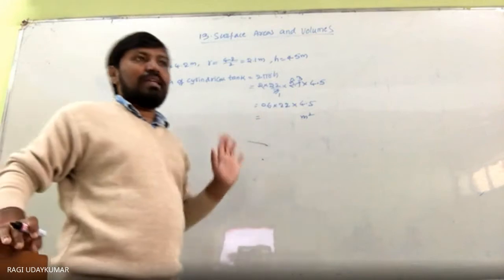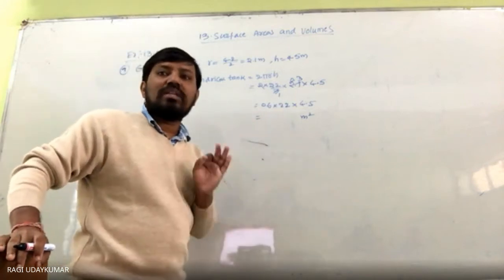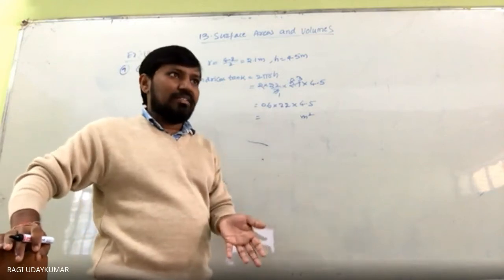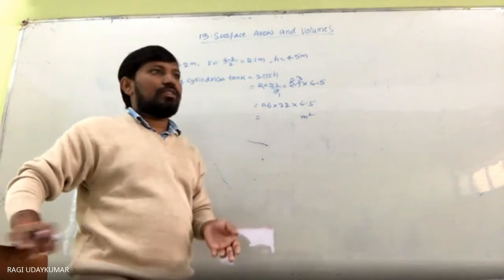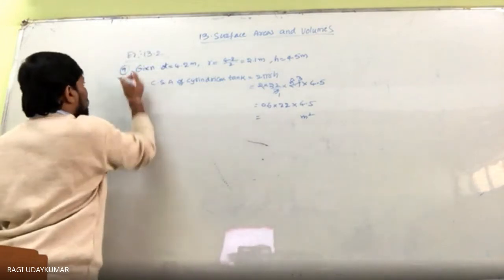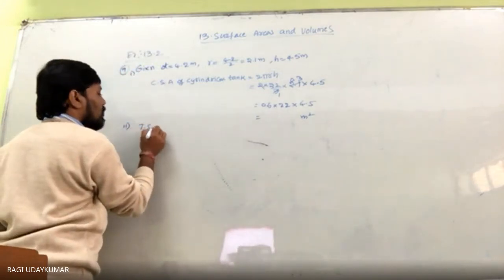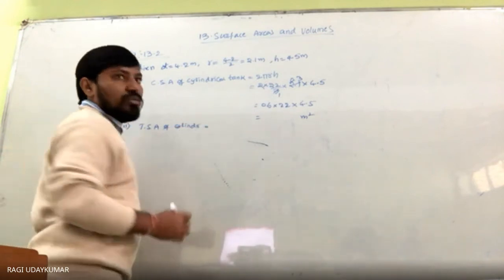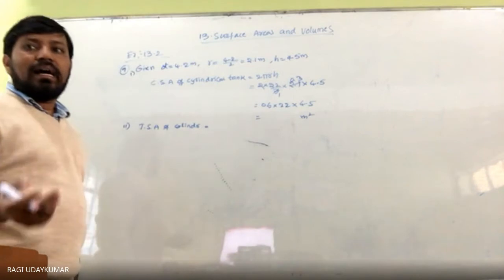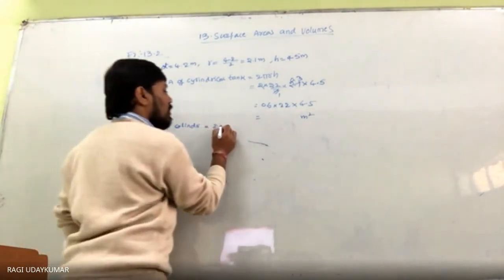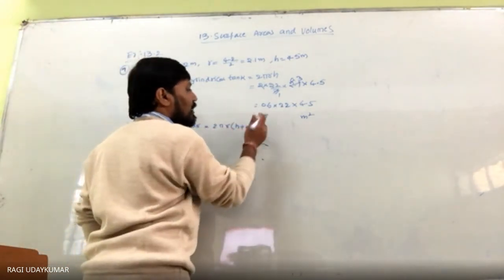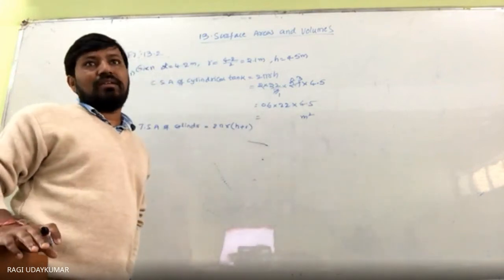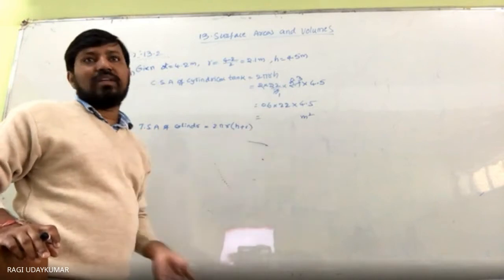This decimal multiplication. Okay. Next thing is the total surface area you need to find in the second one, because steel it is asking to you. So this is first part. In the second part you need to find out total surface area of the cylinder is equals to 2 pi r times h plus r. This one plus 2 pi r square also can be taken into consideration.